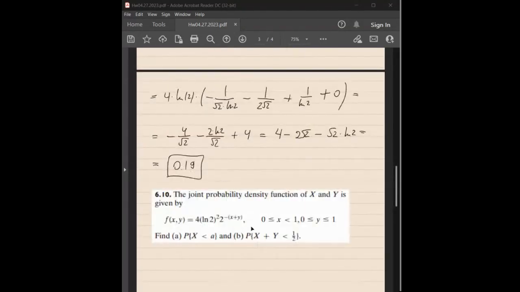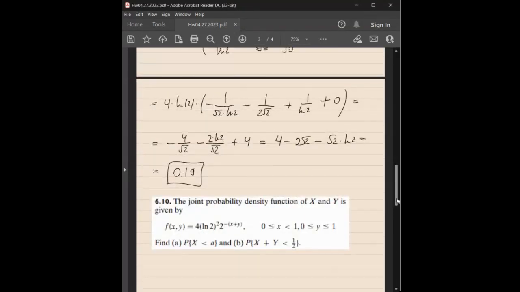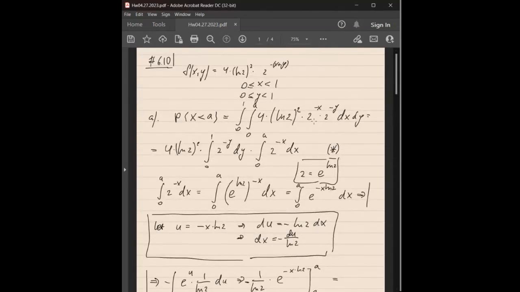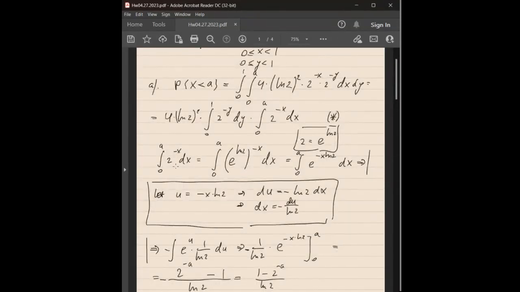All right, so that's the question. So it's right. In part A, probability of x less than a, I use this function, put the function in double integration, and separated this integral by dy dx, dy from 0 to 1, dx from 0 to a. Then I separately integrated dx,